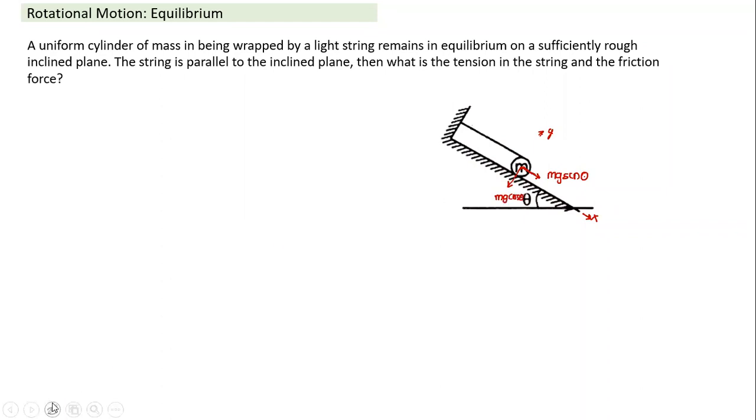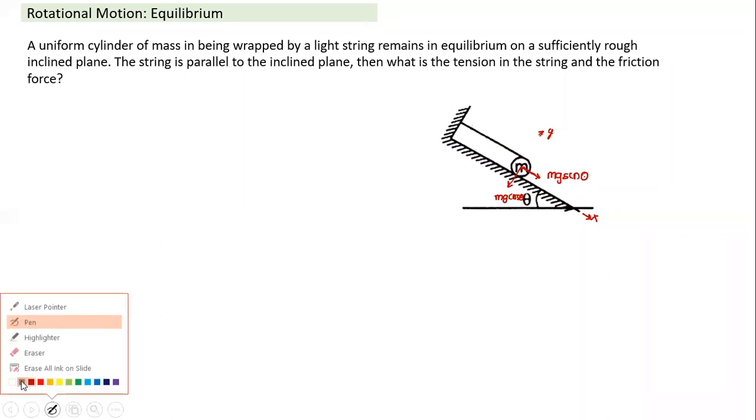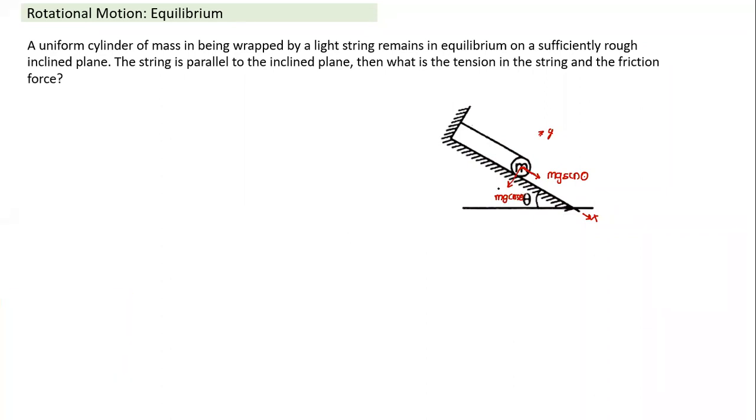What other forces are acting? Normal reaction. The contact force here will be equal to N. And the friction force acts, we don't know which direction it will act. We can mark any direction, and then we see later if the marking is correct or not. And if I'm looking at this, it is also a contact with the string, there's a tension acting. 1, 2, 3, 4, 5. These are the forces acting. And if I write summation of force in the y direction equals 0, it easily gives me